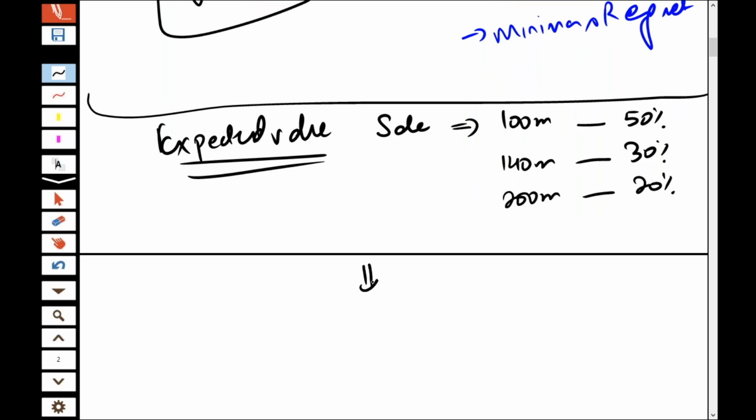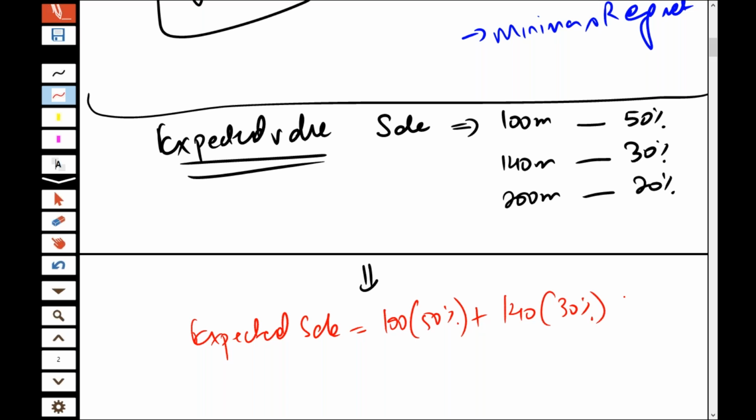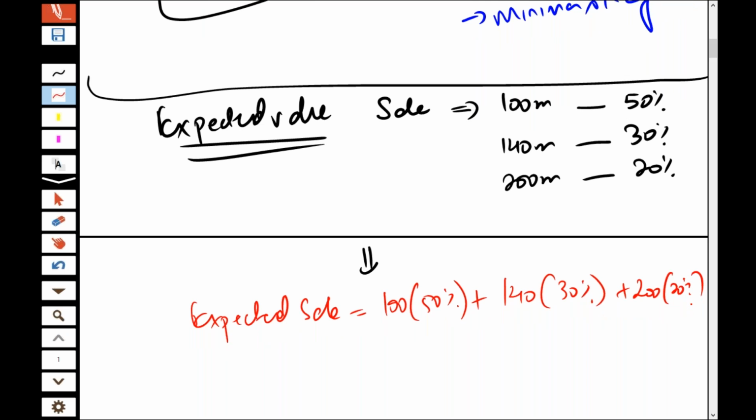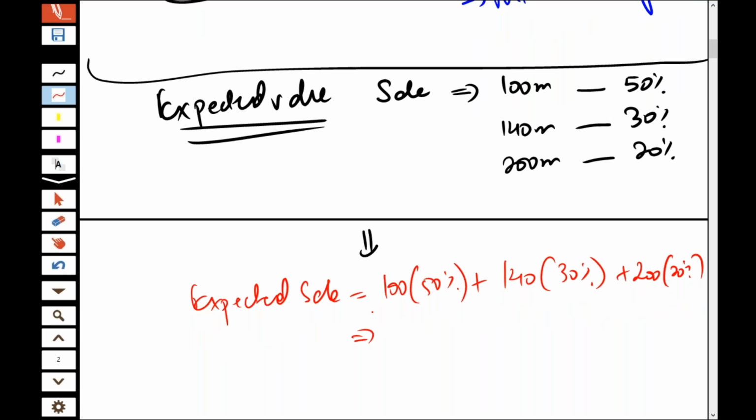On the basis of this, if I try to estimate the expected sales, the way to calculate the expected sales is 100 into 50% plus 140 into 30% plus 200 into 20%. So the expected sales are going to be 100 into 50%, then you have 140 into 30%, and then what you have is